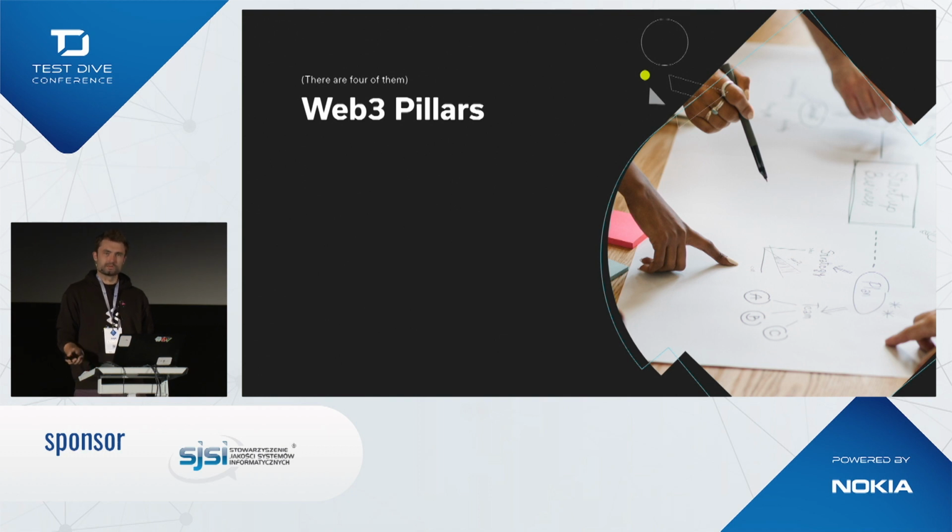And what are the pillars of Web3? I think decentralization is pretty obvious, so let's skip that. And persistence. This is all about keeping an immutable history of all the transactions, all the actions, and making it really, really hard for an evil actor to alter that history.